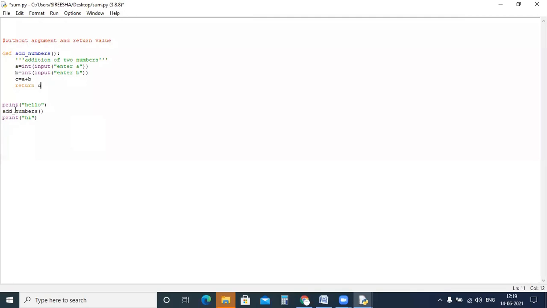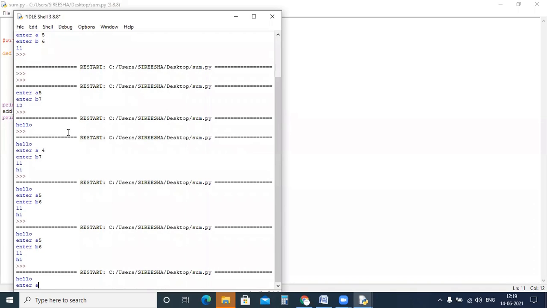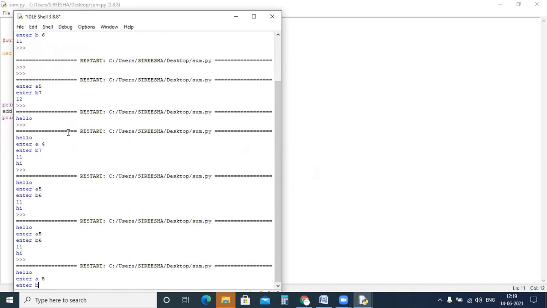Okay. Now we will see what happens. In the main program, I did not make any changes. I've called the function, add numbers is what I have called here, and the function is returning a value. Let us see what happens now. Okay, it is asking for the A value and the B value.